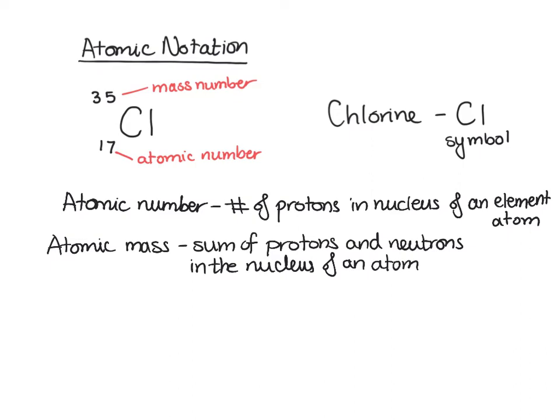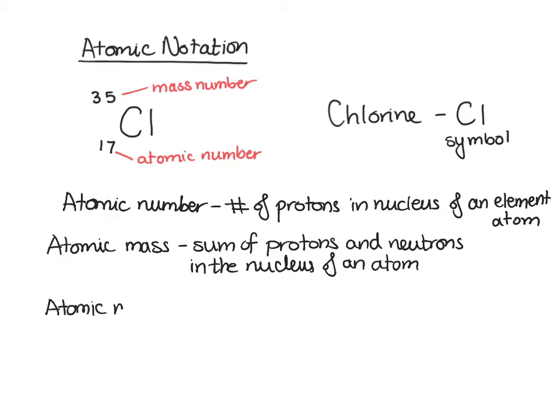So here, the atomic mass of chlorine being 35 is telling me that combined, I have 35 protons and neutrons in the nucleus of the chlorine atom. So an equation that is really going to help you with this is